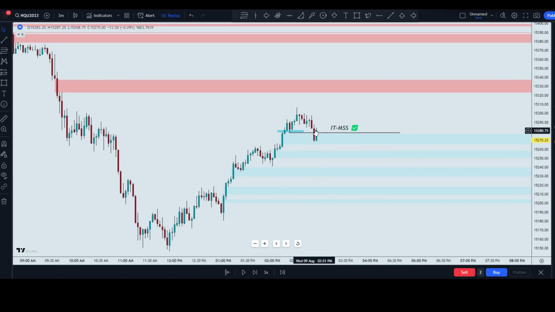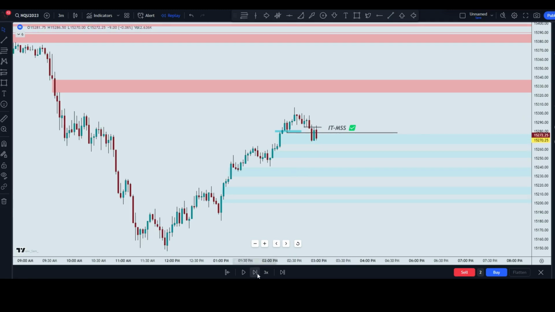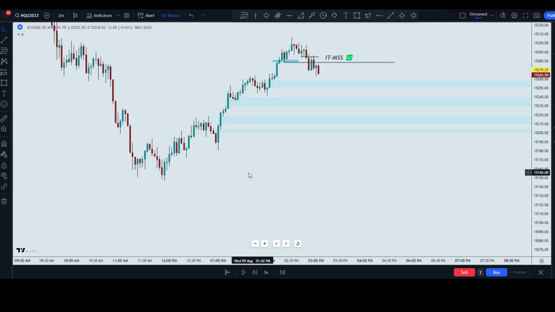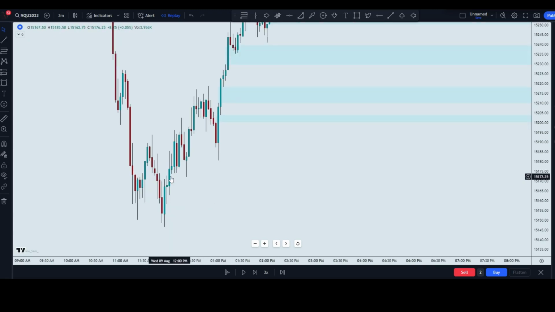And then that retracement right here is coming back to what? The mitigation block that is right there. So there's a mitigation block right there. It's coming back to it. There's your entry, short. Then you would target the first ITOB and this leg up. So I think there's a small fair value gap here. Let's check. Yeah, right here.